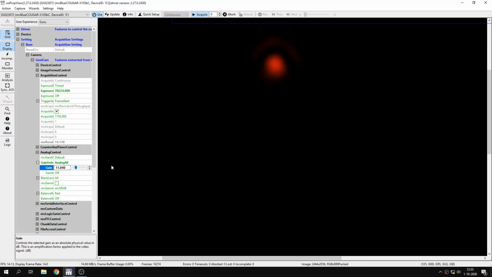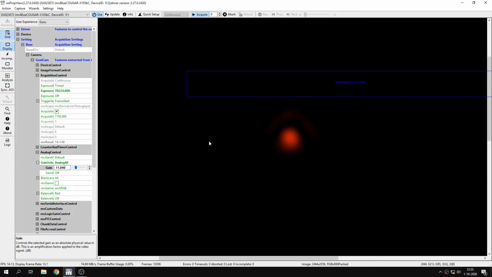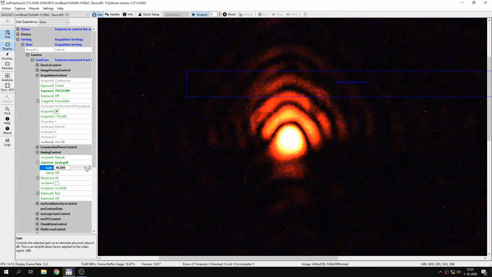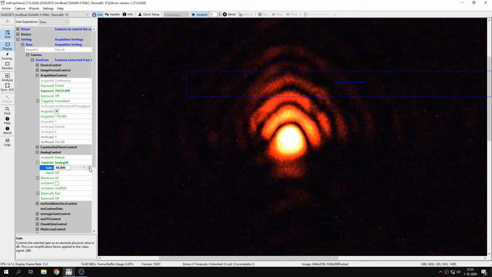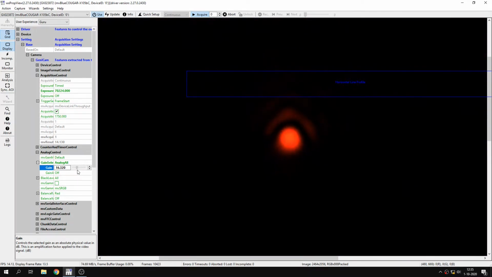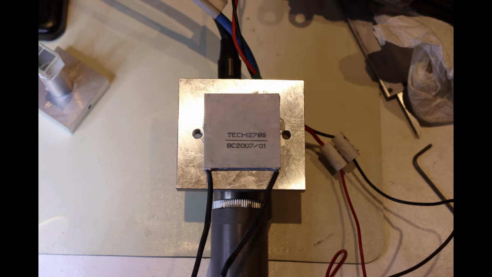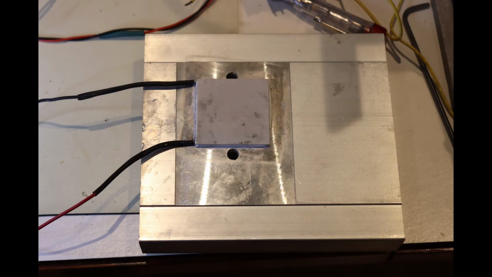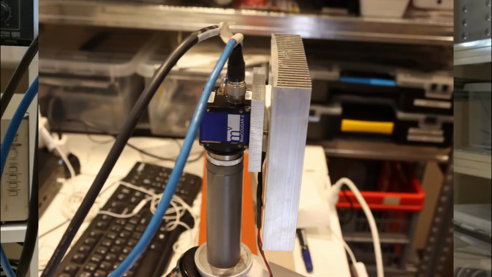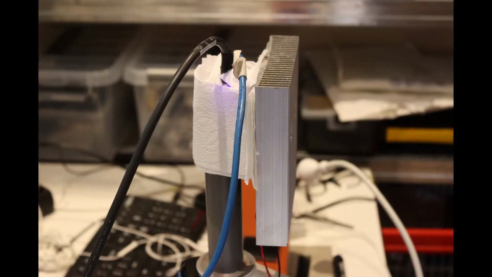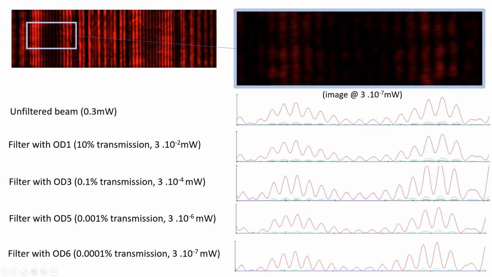The camera I use allows shutter times of 15 seconds, and it is possible to increase the sensor gain significantly. With the higher gain, however, I got a lot of thermal noise in my images. So what I did was cool the camera to about -5 degrees Celsius using a Peltier element, and this suppressed any noise significantly. To demonstrate single photon interference, I took one detail of the interference pattern and collected the data